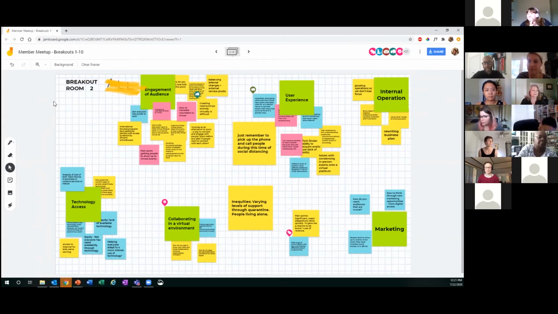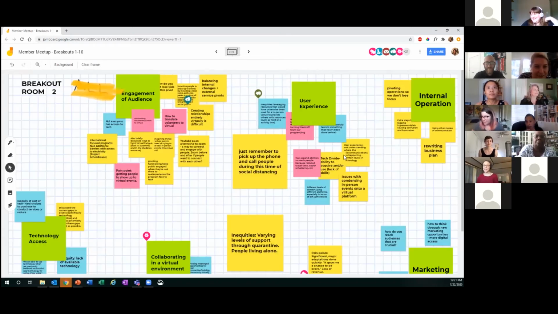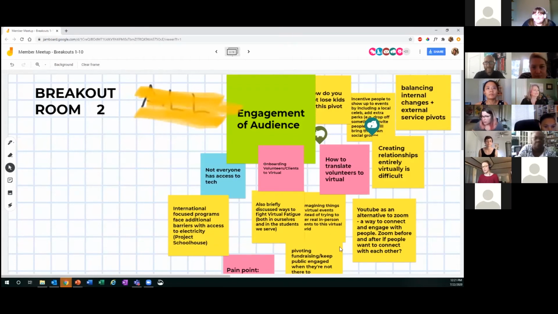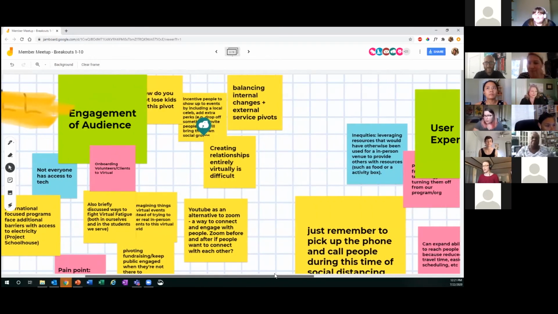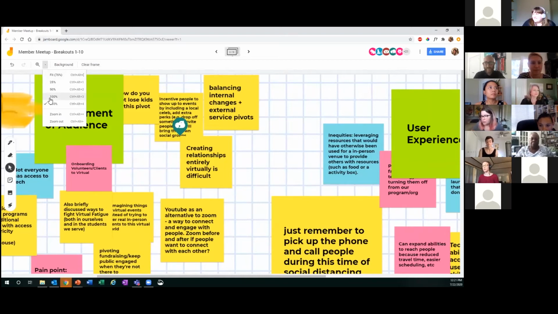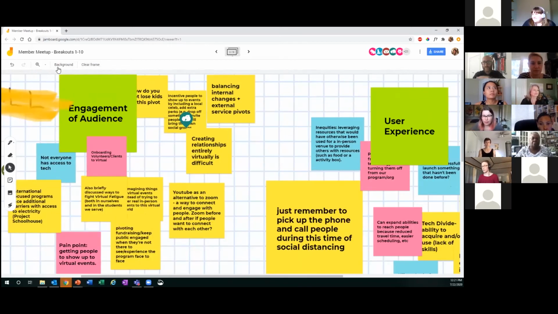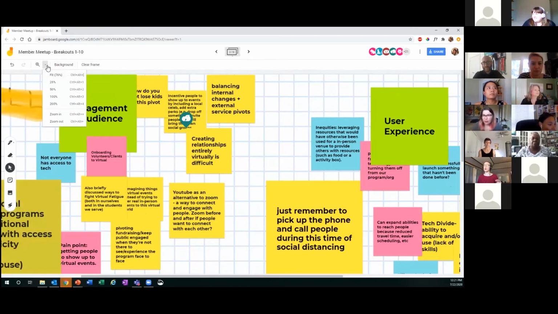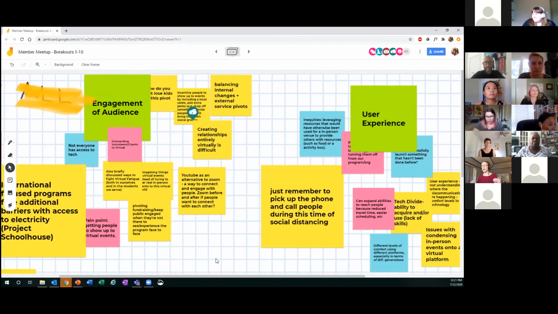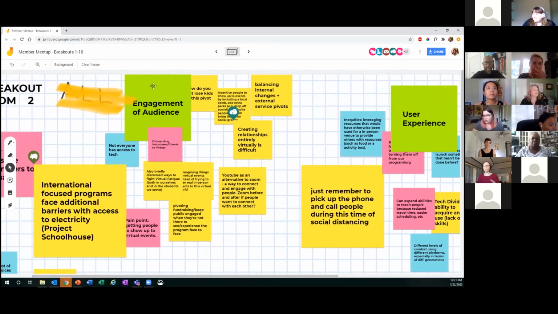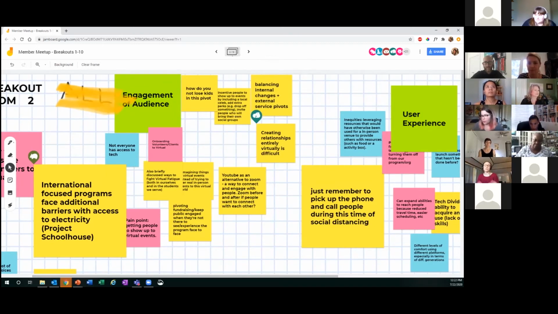Yes. I think I'm confused about the difference between that and engagement of audiences. We talked about that during the breakout when we were trying to sort, actually. It is one of the challenges of user experience that it is so broad. But I think personally, and if someone else from the MC team has a perspective on this, audience engagement, as some of the differences in the stickies show, which it looks like Min is sharing right now, can include things like how do you reach your audience? How do you keep them moving towards a certain goal in an activity? That will include user experience, but it's just not quite as targeted. It's also about truly engaging that group.